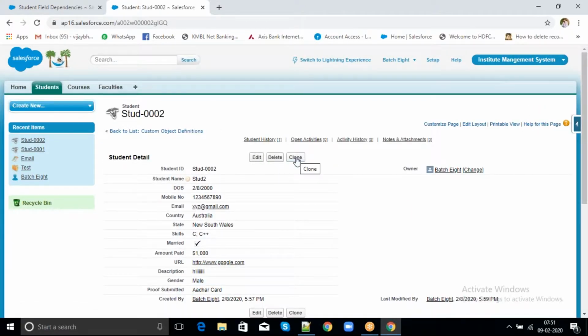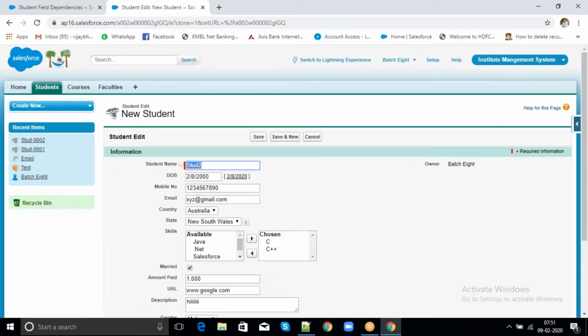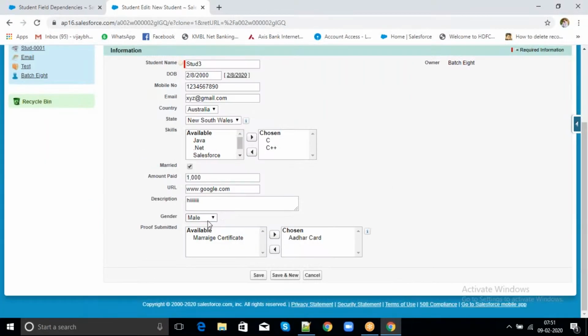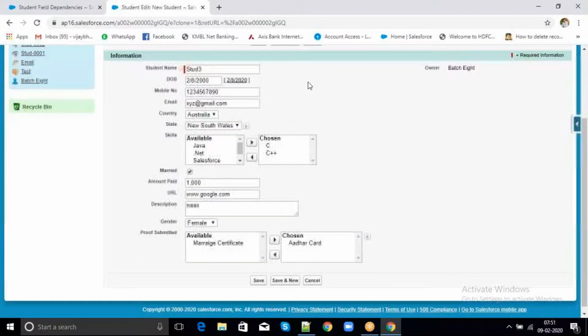I will clone the record. Clone is nothing but cloning all the values. I want to create a new record from the previous record, so I am cloning all the values, copying sort of thing. No need to type everything, right? Here I am selecting female. I will click on save.